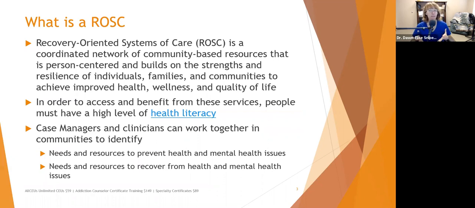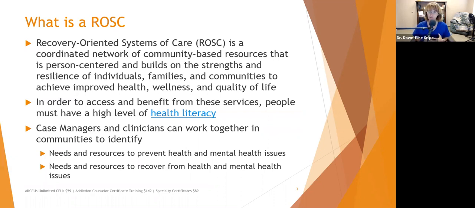Another aspect of a recovery-oriented system of care is by getting all of the resources in the community that are willing to participate together, you're able to identify any gaps in that safety net. So maybe you have great resources in your suburban town, but the people who are living outside of that suburban town in the rural parts of the county don't have transportation to get there. So that would be a gap in your safety net that the recovery-oriented system of care would look at ways to address in order to make sure that everybody within the county is able to benefit from the services that